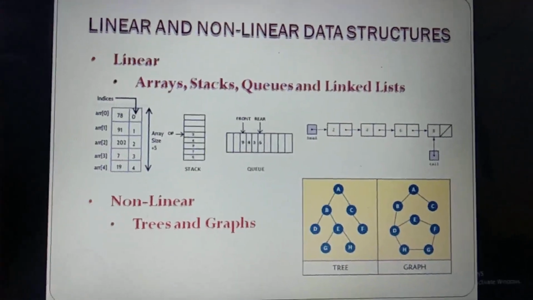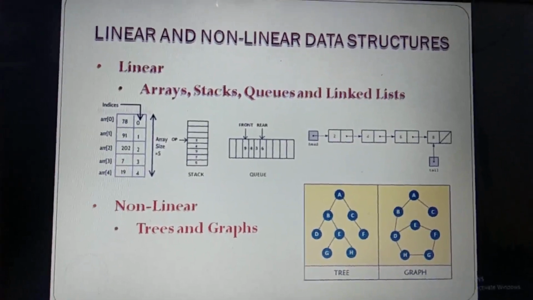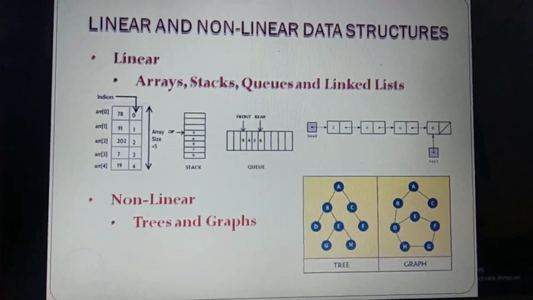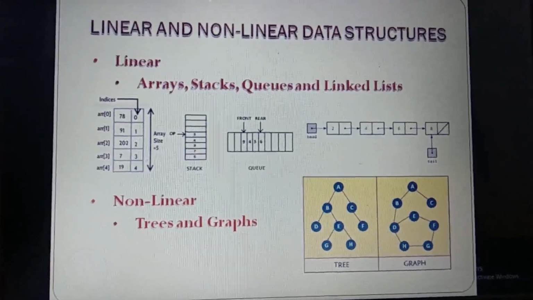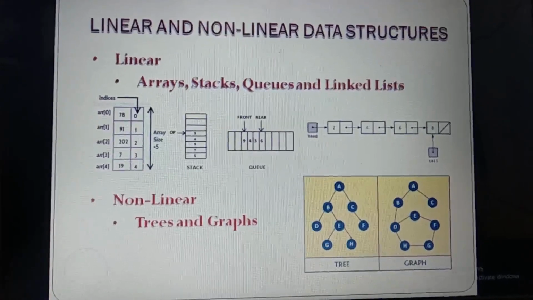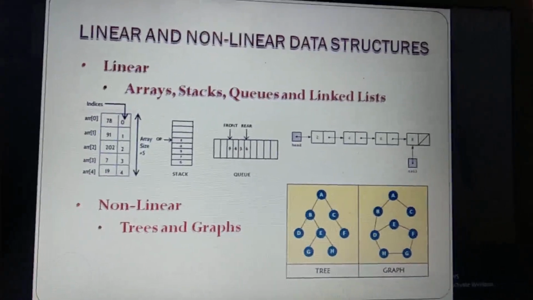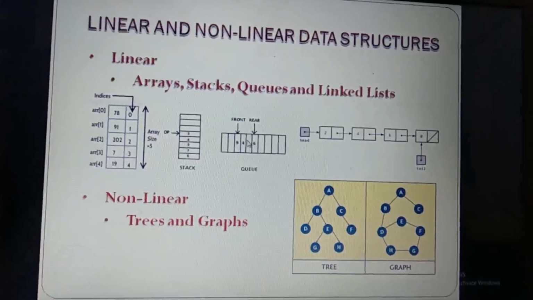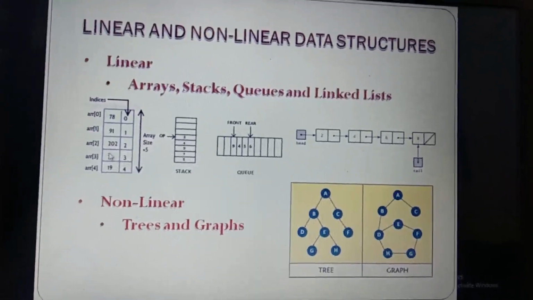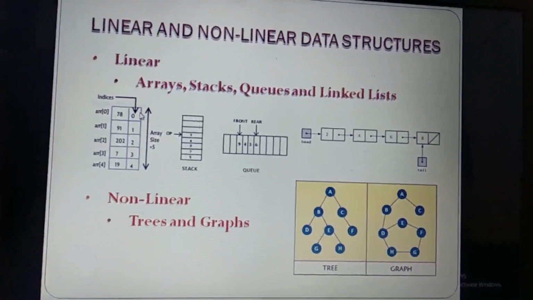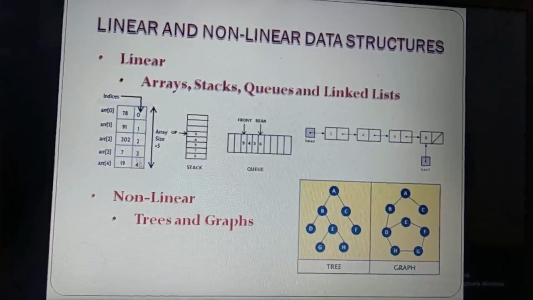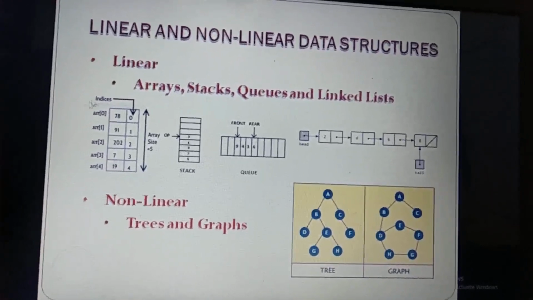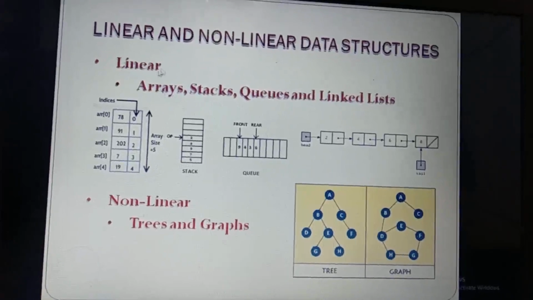Before going to learn about the tree definition, we should understand what is linear and what is a non-linear data structure. A data structure is said to be linear if the elements are arranged in a sequence or in a linear order. The best examples are arrays, stacks, queues and linked list. You can see the diagram: arrays, stack, queue and linked list. You can see the arrangements are in a sequence from 0, 1, 2, 3. The elements are arranged contiguously. Then you can see all the arrangements are in linear order, so they are called as linear data structure.